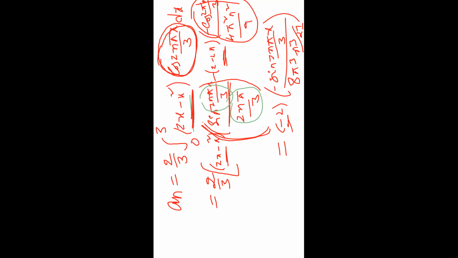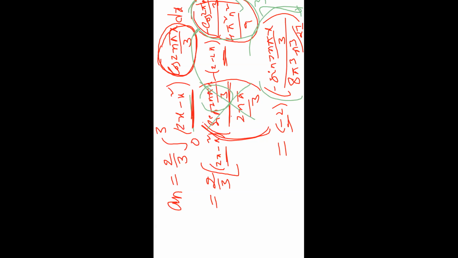So 2n pi by 3 into 2n pi by 3: 2 square is 4, pi square, n square by 3 square equal to 9. And minus cos 2n pi x by 3 integration gives minus sin 2n pi x by 3, and 2 cube equal to 8, pi cube n cube by 3 cube means 27. Replacing the limits 0 to 3 in the entire problem, taking the sine function here, 0 to 3, so 3 and 3 cancel.